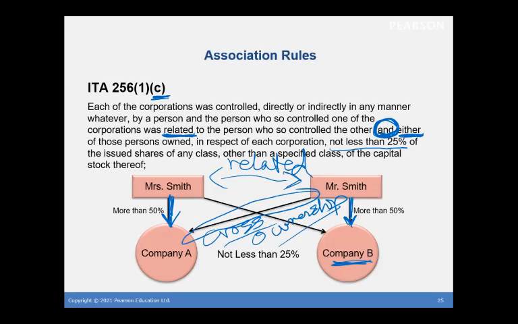Now, you'd also have to consider what we talked about before with the TOSI rules, if you're talking about how you're going to split income and everything else. So there's a lot of things to consider when you're planning that corporate structure and the share ownership. So in this case, if you're going to have these two different companies, you're going to want to make sure that the other spouse here is owning, you want to go with less than 25% to stay out of these rules.